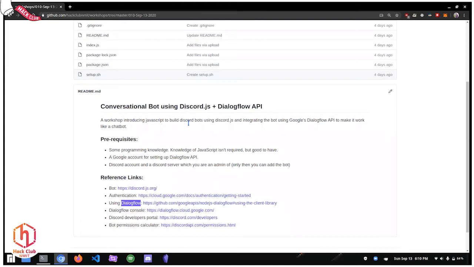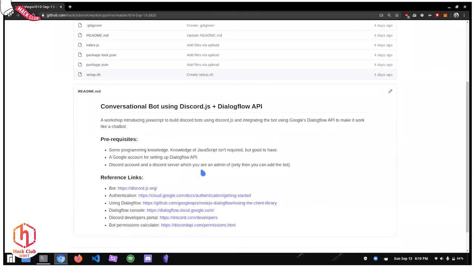We'll build this using JavaScript as a language, so there's no problem if you don't know JavaScript. If you have some programming knowledge, JavaScript is really easy to pick up. I guess most of you have done C. JavaScript is very similar to C, but there may be some things which differ. I'll be teaching you how to look at the documentation and take the stuff you want.